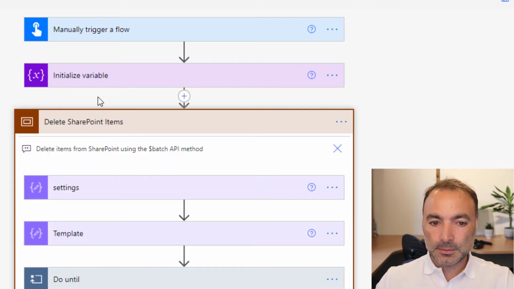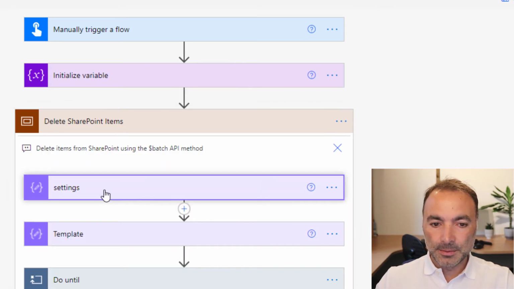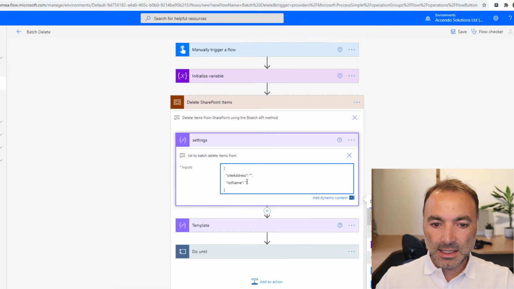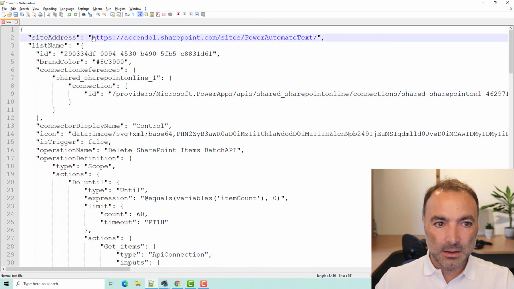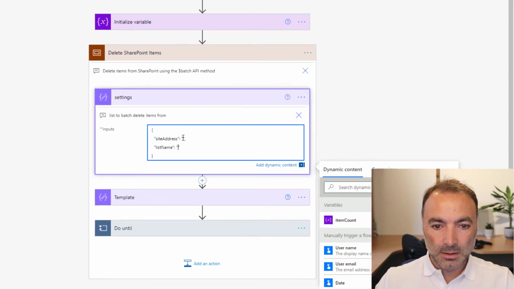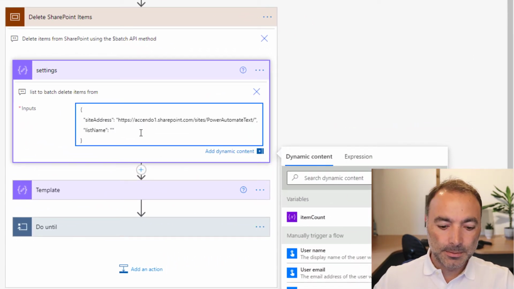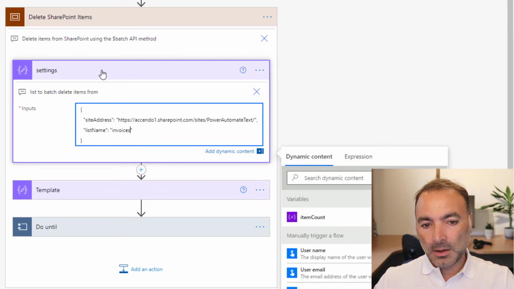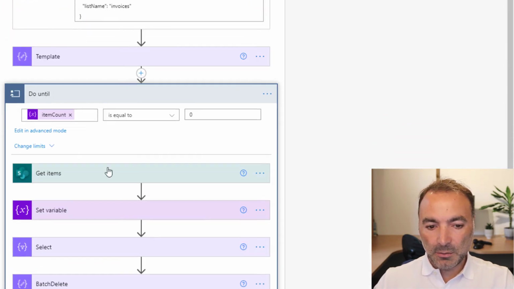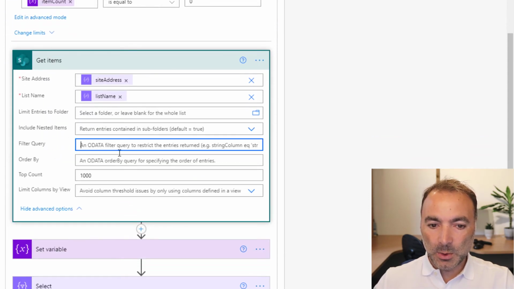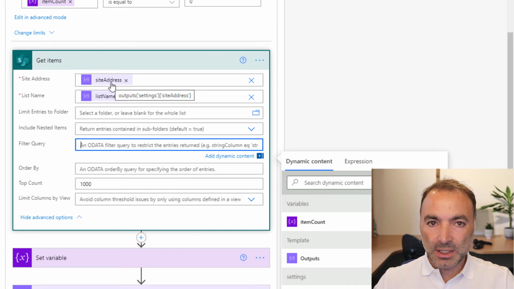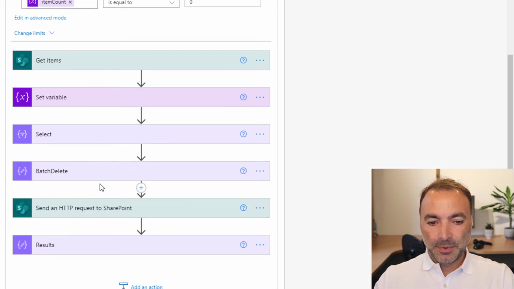Okay, so within here you need to fill in the site address and the list name. I'm just going to copy those in. Okay, so once you've built the settings compose action, the only other thing for you to do, if you want to, would be to put a filter query in here to reduce the number of items that are going to be deleted.